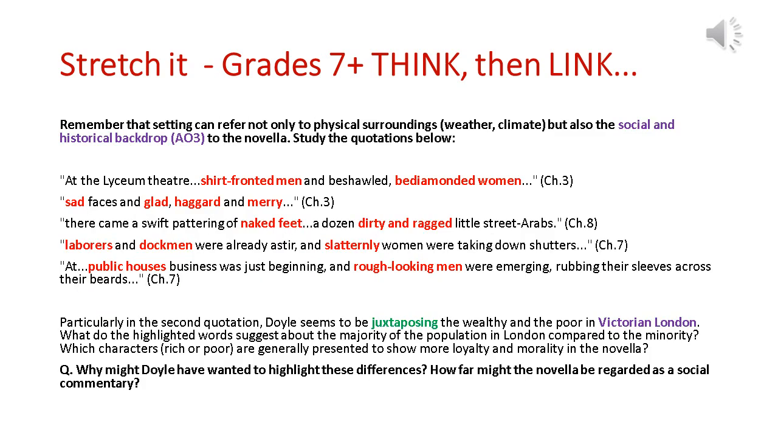Okay, so another point that you could make if you're going for the higher grades is that setting is not only about physical setting, it's also about the social and historical backdrop to the novella. So I've gathered some quotations together here that really show the juxtaposition of the rich in London against the poor. Obviously there were a lot more poor people, but if you have a look at some of the phrases and words that are highlighted in red, so in the first quotation, when they go to the Lyceum Theatre to meet up with Thaddeus Sholto's servant,